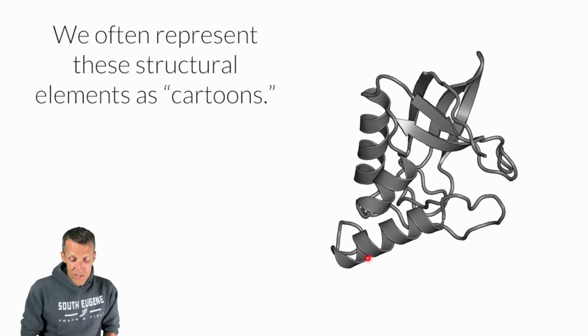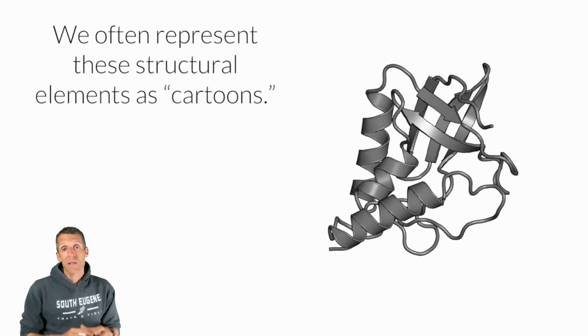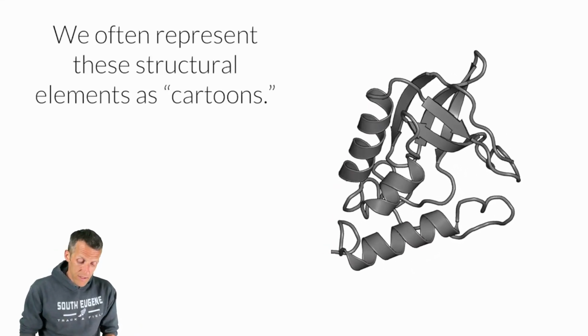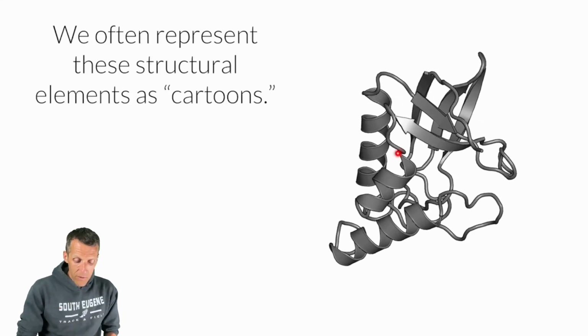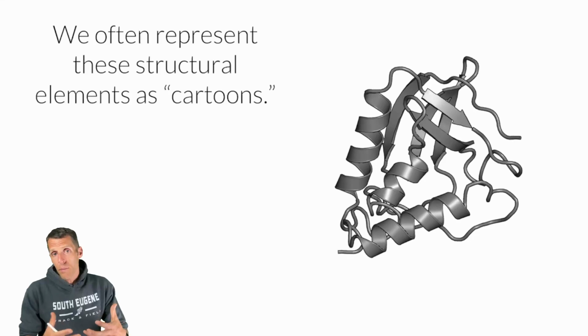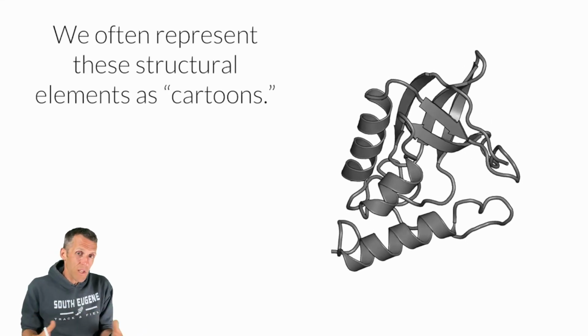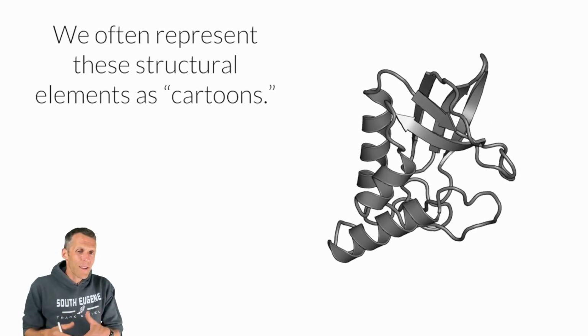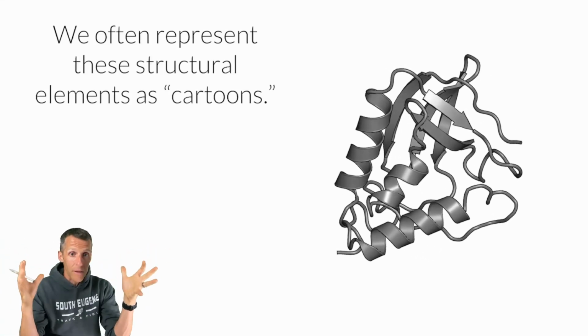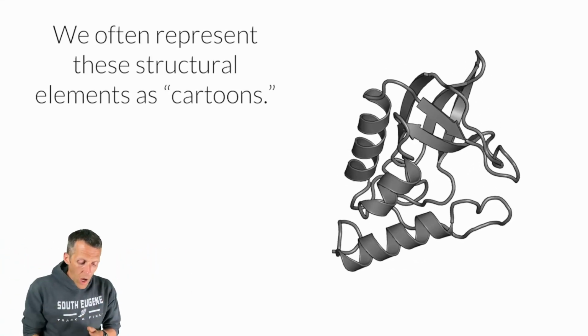So here's that stair-steppy thing down here. I now represent it as this beautiful helix. I've got this stair-steppy over here. It's another beautiful helix. And that thing I call the plate in the middle, that's these arrows, is forming this nice beta sheet. And so this cartoon representation is a very common representation of proteins, very helpful, but also keep in mind that it's pretty abstract, right? What the protein actually looks like to the cell is a big globby thing. Okay,